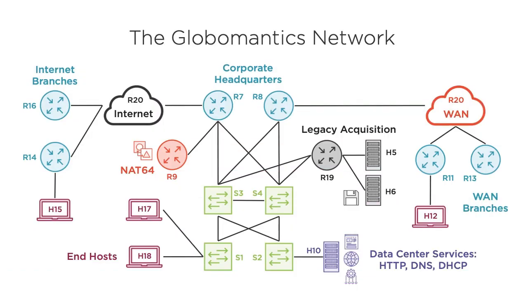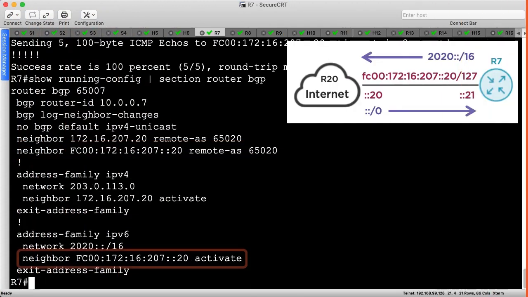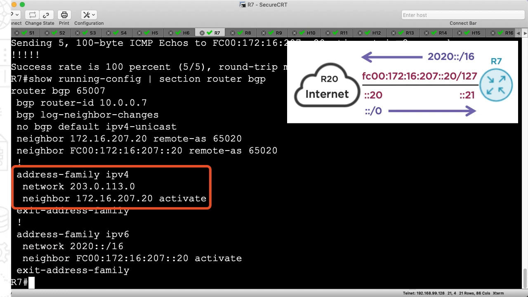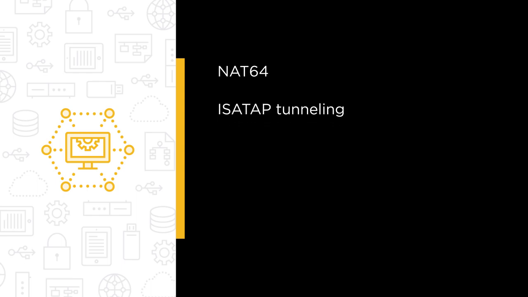I've deployed an action-packed scenario involving a large corporate network, and it's our job to migrate the various parts of that network to IPv6. Because enterprise networks are so complex, we'll explore a variety of technologies to solve different use cases. We'll use NAT64 for direct access between IPv6 and IPv4 networks, ISATAP tunneling for rapid IPv6 client onboarding, 6RD